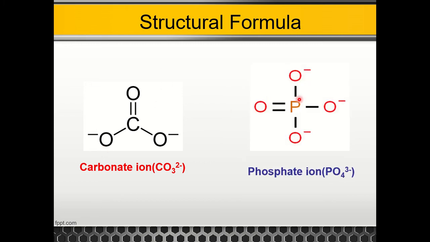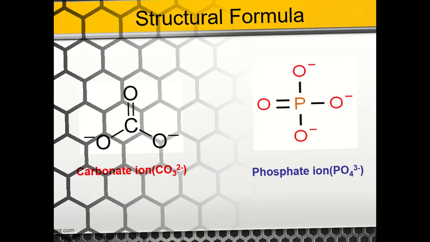This is the phosphate ion, where the valency of phosphorus is 5. So it has 5 hands, and by 2 hands it holds 1 oxygen atom, and by these 3 hands it can hold 3 oxygen atoms, and all these oxygen atoms have a free hand. So it is trivalent, and by using these 3 hands it can hold 3 monovalent atoms or 1 trivalent atom.